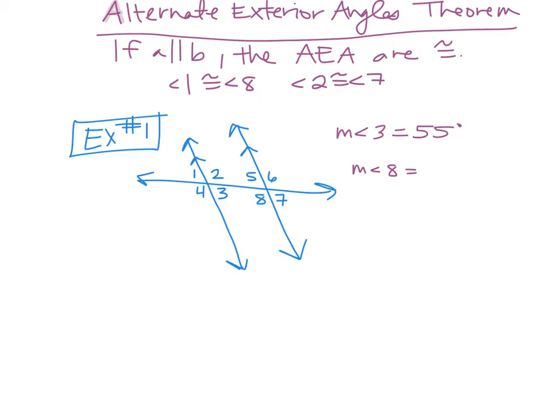So 3 and 8 are what kind of angles? They're supplementary because they're same side interiors, right? These are same side interior angles. So they have to add up to 180, okay? And if you're ever not sure, if you ever can't remember,